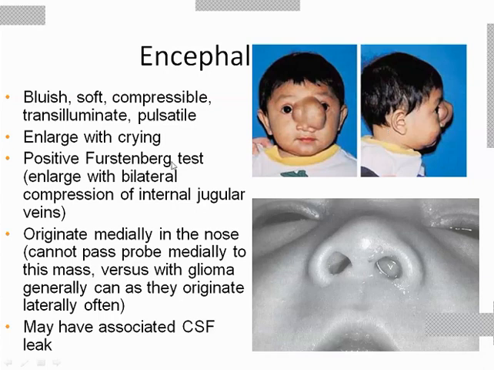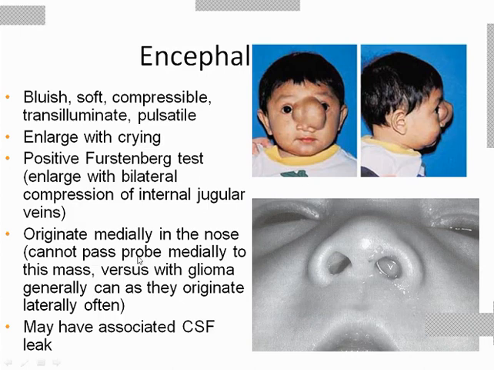What is the Furstenberg test? When you compress both the jugular veins, there will be enlargement of the structure. That is because of the decreased venous return, there will be increased intracranial pressure, and then there will be an increase in the size of the swelling. That is known as a positive Furstenberg test, and that is diagnostic of an intracranial lesion, that is the meningoencephalocele or meningocele. Okay,